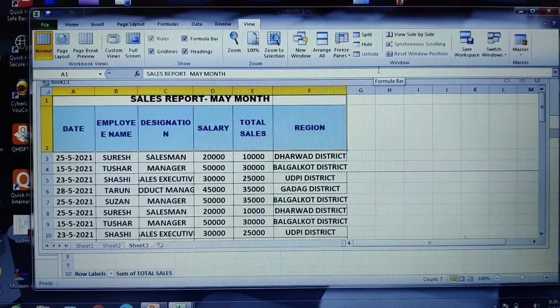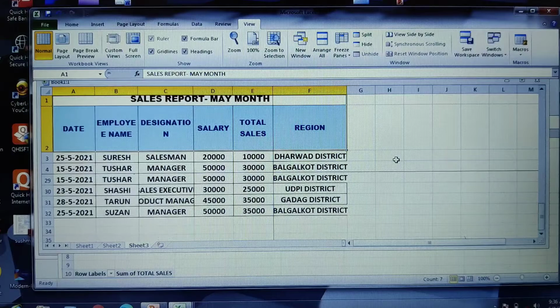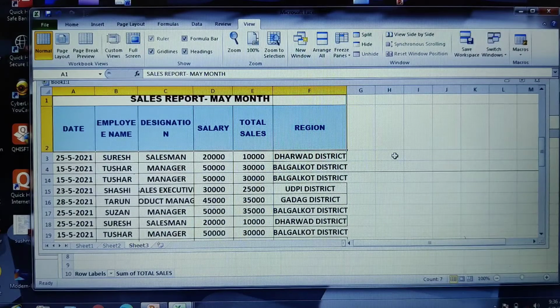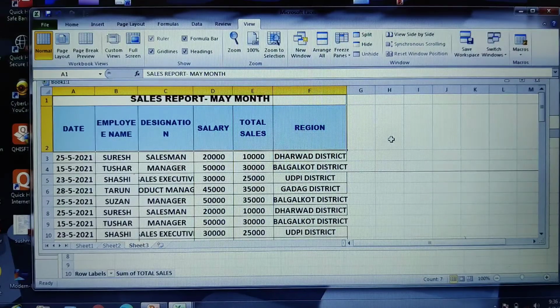So you do this freeze panes, and now you start scrolling. Can you see? The first row as well as the second is completely frozen. So this is how you can use the different options like freeze pane and all. Fine. I hope, children, you are able to understand all these options.